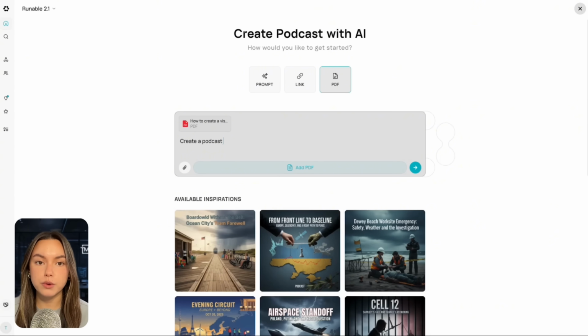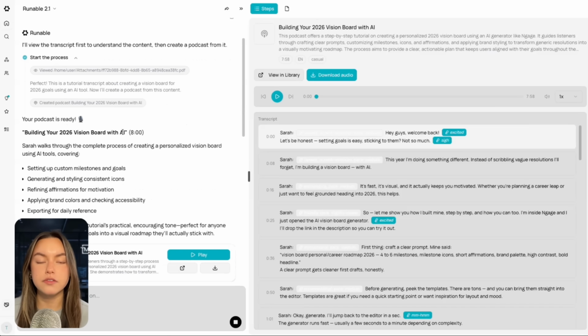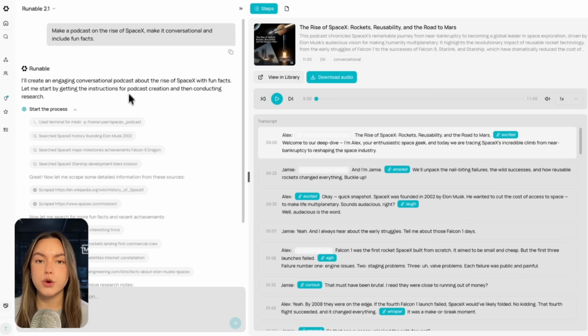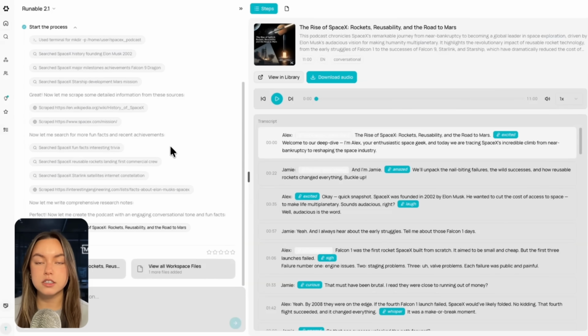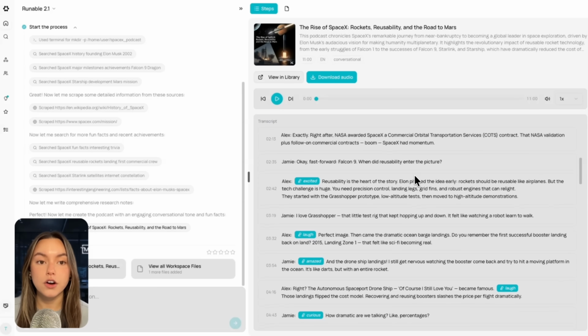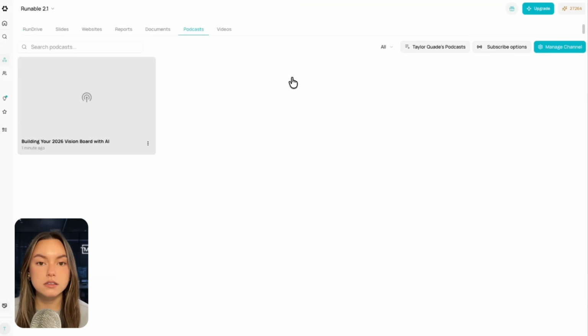Runnable also has strong capabilities for AI-powered podcasts, and this is more than just transcriptions or text summaries. With Runnable, you can generate full podcast episodes using simple prompts or source files, upload audio, transcripts, or even a list of topics, and Runnable will assemble a structured episode. You can create intros, outros, transitions, and even interview-style segments with AI voices. You can enhance audio quality, remove noise, balance levels, and fine-tune pacing, and produce podcast show notes, summaries, timestamps, and